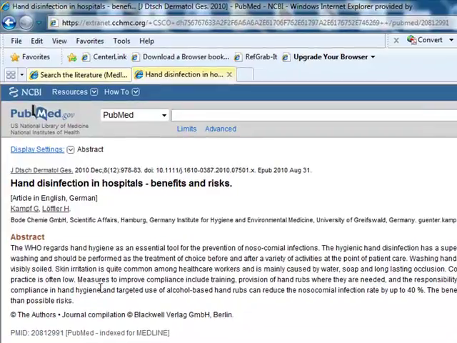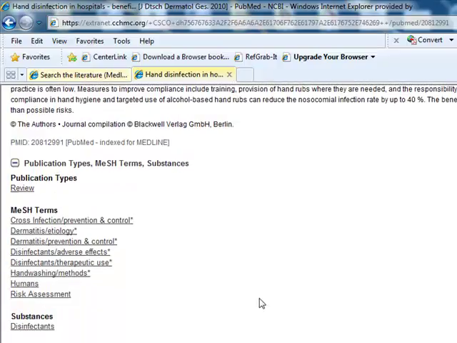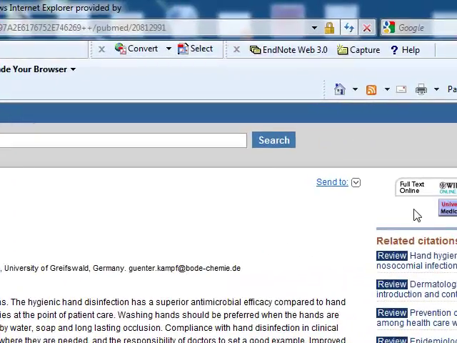I can also scroll down under publication types and mesh terms and just have a look at the terms that they've used. You'll see these asterisks here. That tells me that's the main focus or major topic that I was looking for. So here's one that I might like to get. If I don't see our Children's Hospital icon in this section here, I know I can go to the journal portal and try to find this article. I can hit the back button